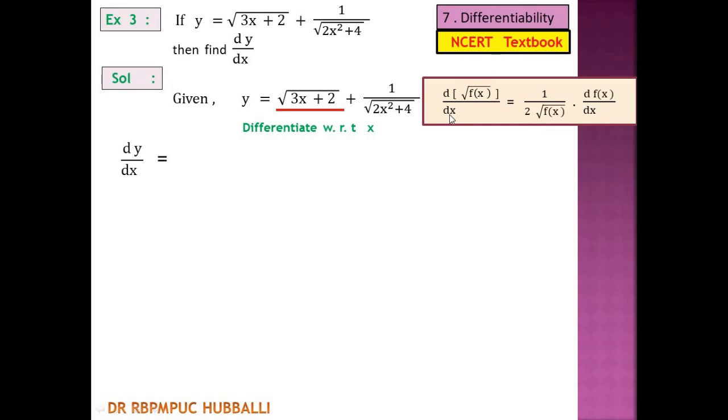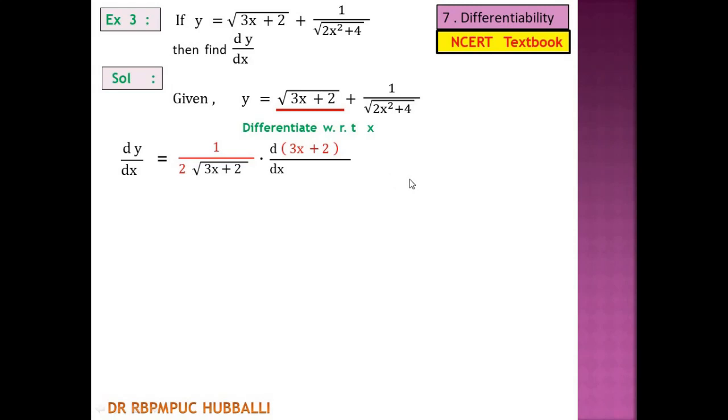See, whenever you learn, you should not forget whatever you learn in that class. So everything you have to remember. It may come in that form or the same type of example you may get in another chapter. There you should use that formula. Now the root f of x derivative is 1 upon 2 root f of x, so this function's derivative is written as 1 upon 2 root of the function as it is into d by dx of the function. Okay, next plus.